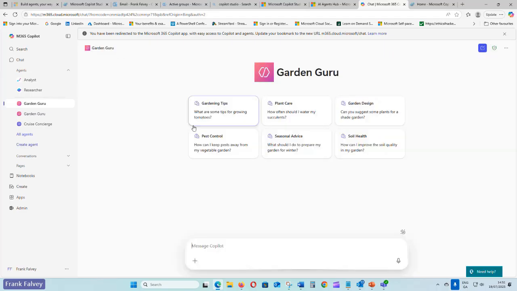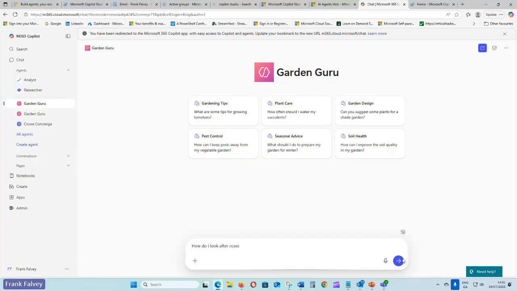So here we have our Garden Guru, totally finished. It's giving us some of the prompts up the top here, okay? So I'm just going to write down here, how do I look after roses?